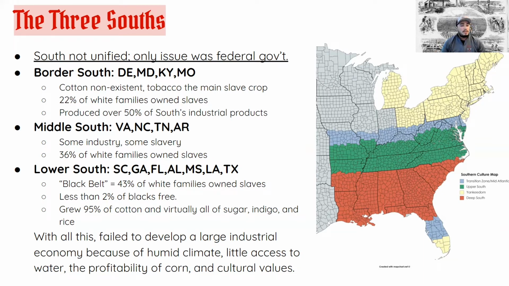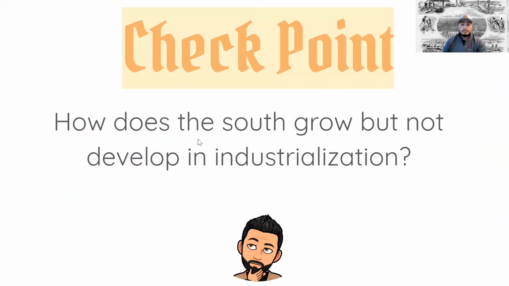Once again, that humid climate was an issue. Also, the accessibility and the financing were an issue for the South to truly grow. But regardless of not growing industrially, they did grow agriculturally. And with that divisive expansion comes the further expansion of slavery, which becomes an issue.